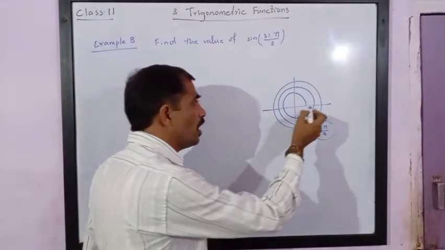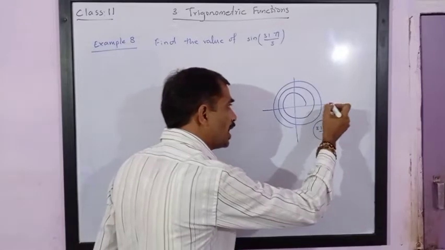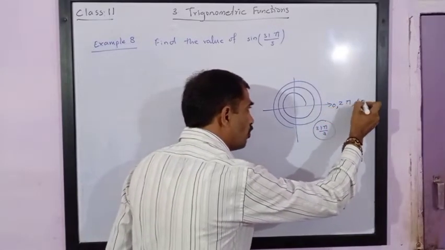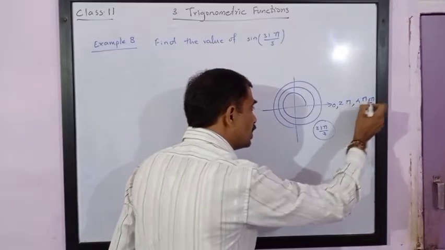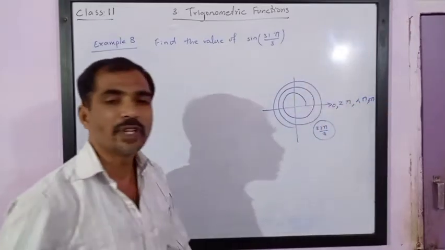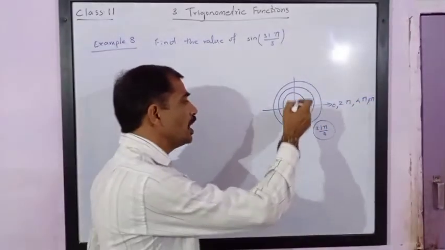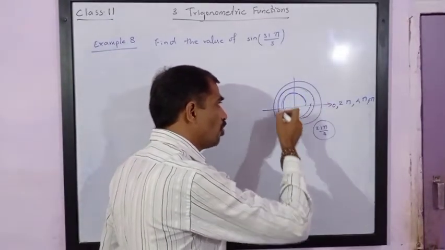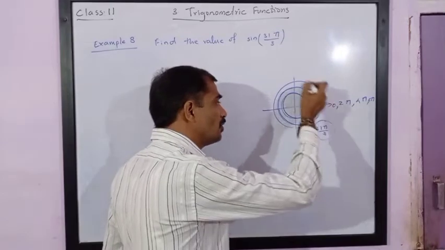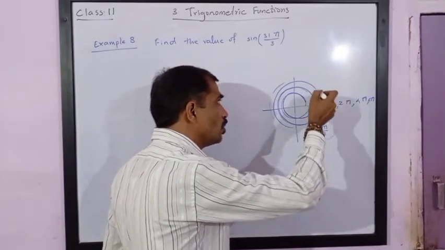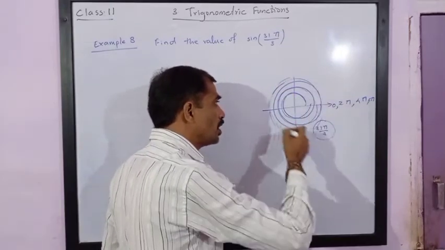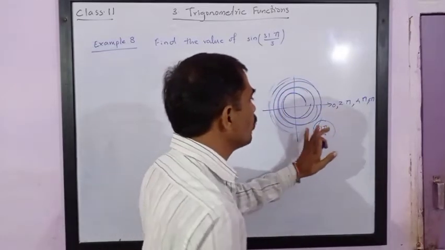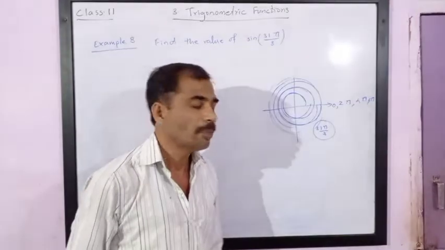Now please note we have already studied that it gets repeated after 2π. 0, 2π, 4π, 6π, that is, values get repeated after 2π. So here you will notice after 2π the value became 0, after 4π again the value became 0, after 6π again the value became 0. So values keep repeating if we move in the anti-clockwise direction. Now we need to find where this 31π/3 is.